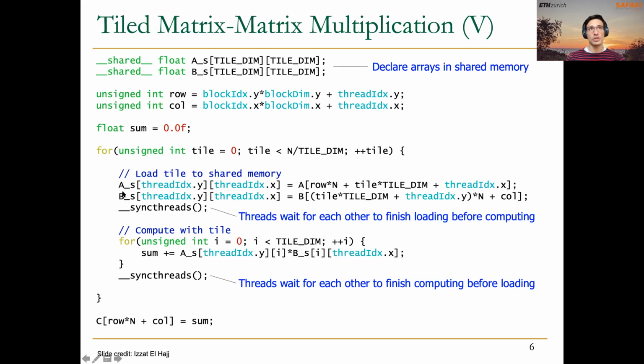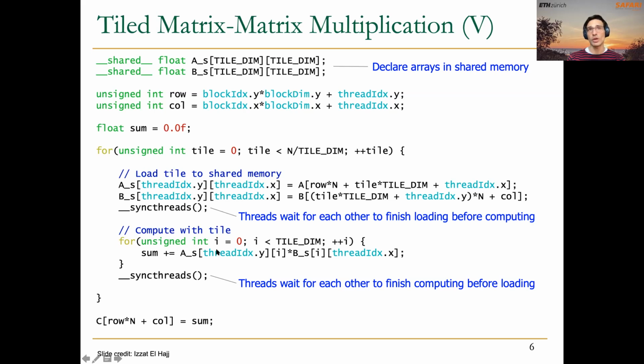Observe how in these first two lines here, we are loading a particular tile of matrix A and a particular tile of matrix B into the space that we have previously allocated in shared memory. We need to synchronize the threads belonging to the same block in order to make sure that the data that will be used next, that has been loaded by threads belonging to different warps, is already in shared memory. And then we go to the